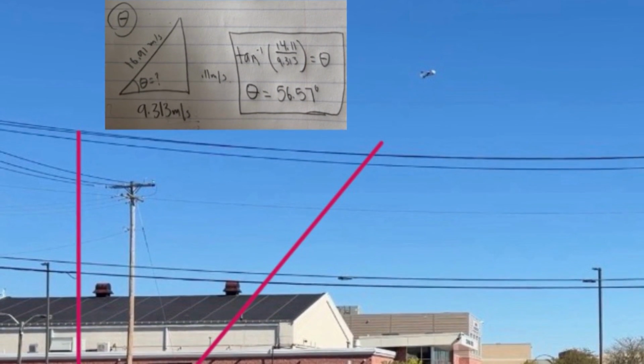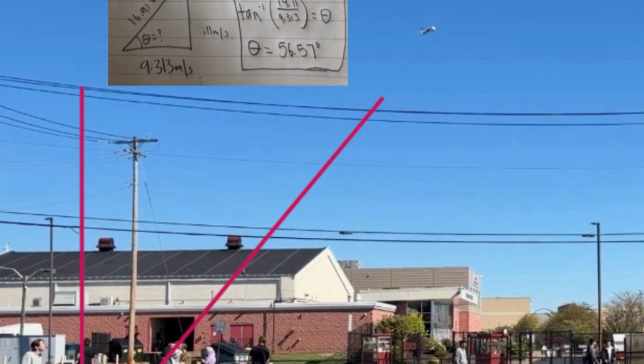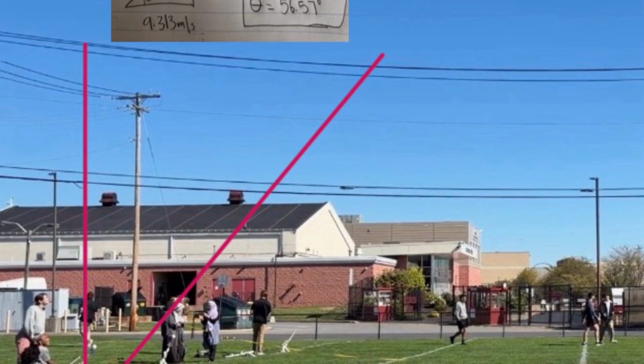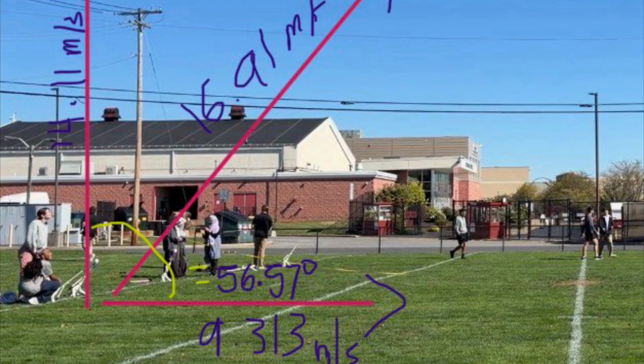After using the Pythagorean theorem to find the hypotenuse, which is also the total velocity, you're able to use inverse tangent to find the value of theta, which is 56.57 degrees. So when all is said and done, our triangle should look a little bit like this. An angle of 56.57 degrees, a Vy of 14.11, a Vx of 9.313, and then a total velocity vector of